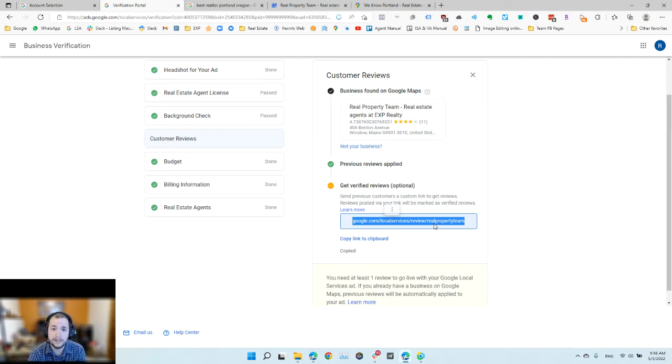The important thing to note is that unfortunately, as of now, these reviews will not go back to your Google Maps profile. They stay in local services. They don't appear on your Google Maps / Google My Business page. Unfortunate, perhaps this will change at some point in the future, but for now, it just is a situation we have to make a decision on when starting up local service ads: to get 10 or 20 reviews using this link,